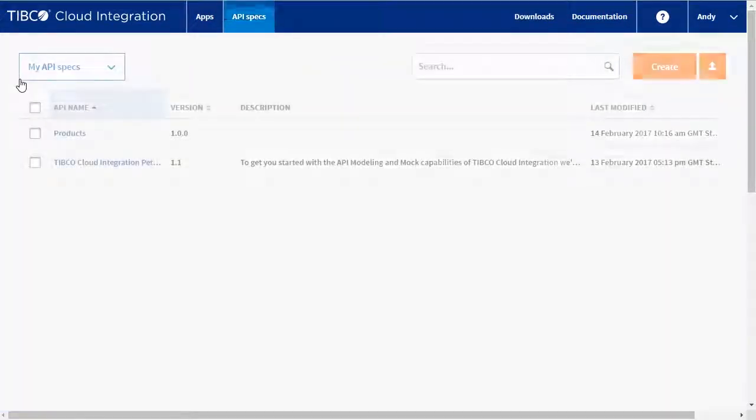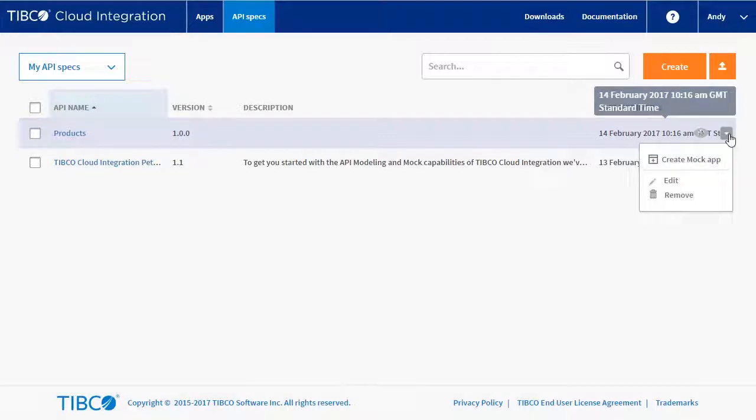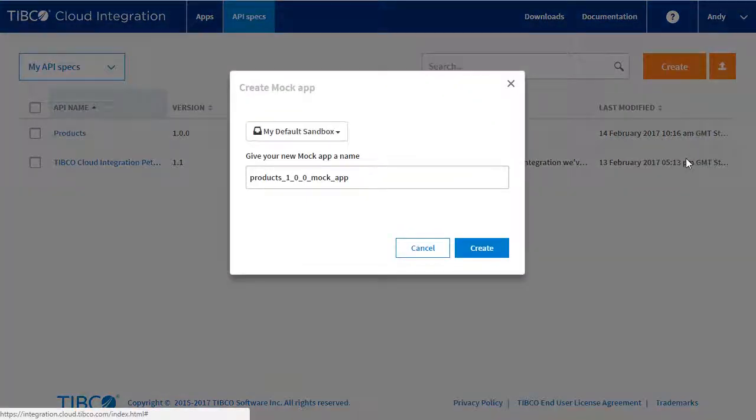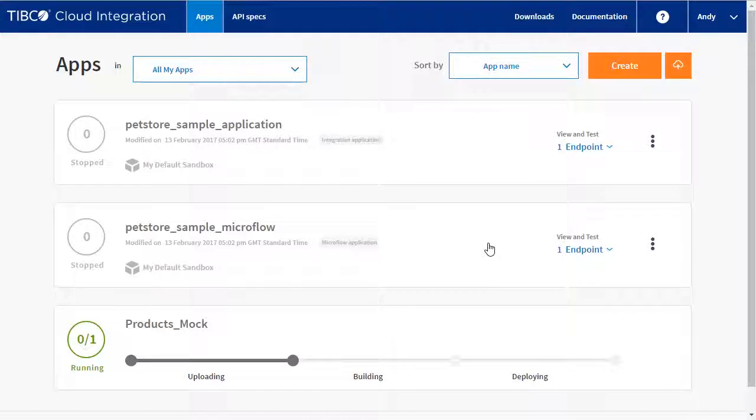From the list of API specs, we will now create a mock application. A mock application generates a virtual REST endpoint that can be used for testing purposes. We will call it Products Mock. Clicking Create will upload and deploy the mock application. Now that the endpoint has been created and deployed,